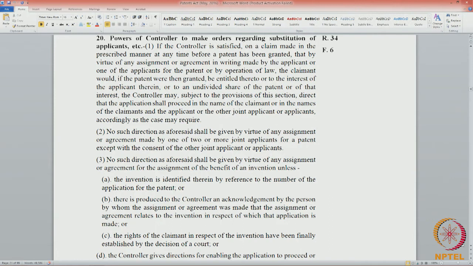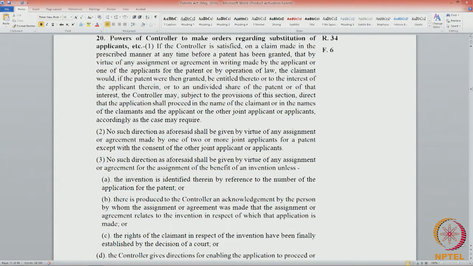Section 20: If the controller is satisfied on a claim made in the prescribed manner at any time before a patent has been granted. So, a point to be noted, the powers of the controller under section 20 are before the grant of the patent. So, how do you change the name of a patentee? Section 20 does not apply,